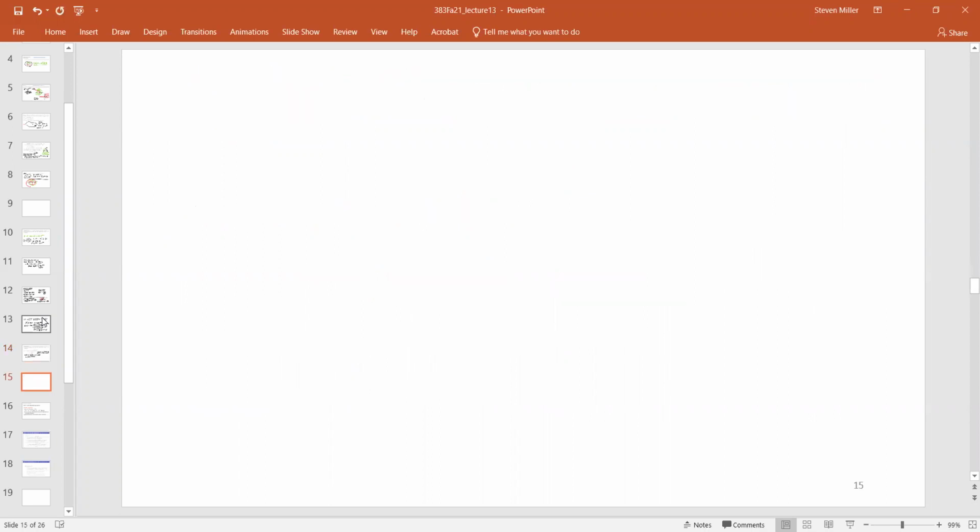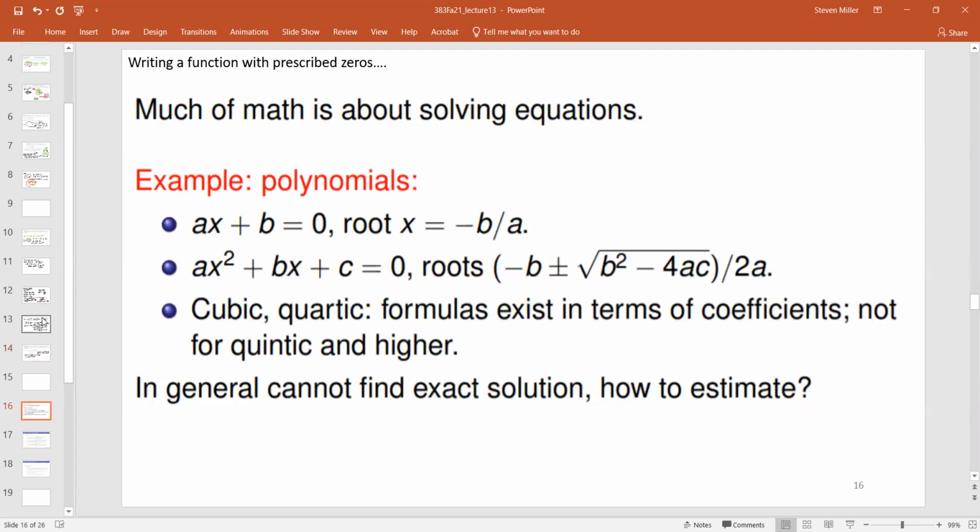All right, so what I want to end with is talking about quickly solving equations and roots, to prepare for the Weierstrass lecture that's coming up. So if I give you ax plus b equals 0, this is not that hard to solve. X is just negative b over a. If I give you ax squared plus bx plus c equals 0, there's a lot of ways to do this. Famous is completing the square. We have an explicit formula for the roots. In general, however, we can't keep going.